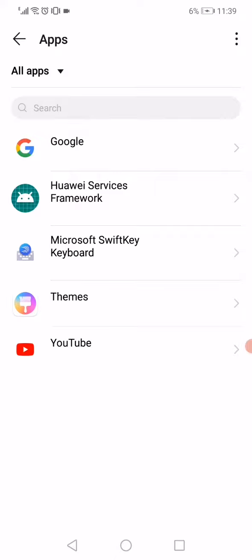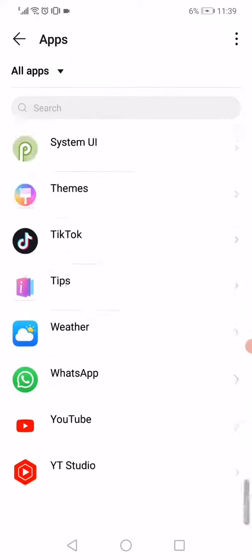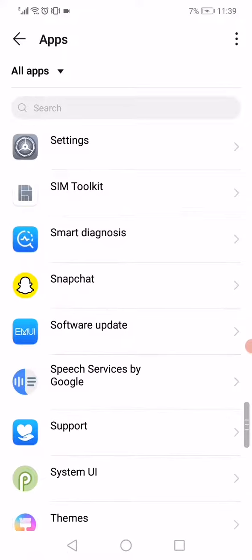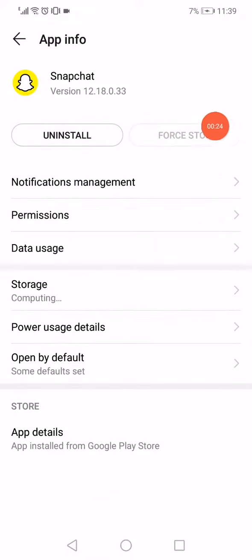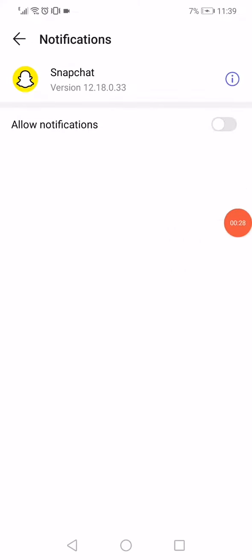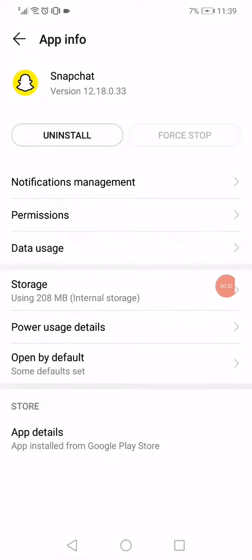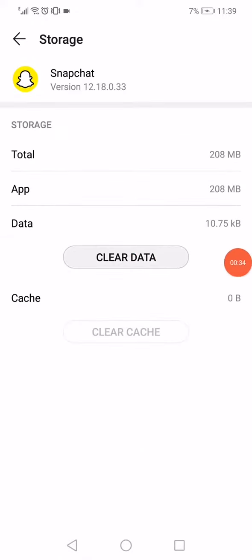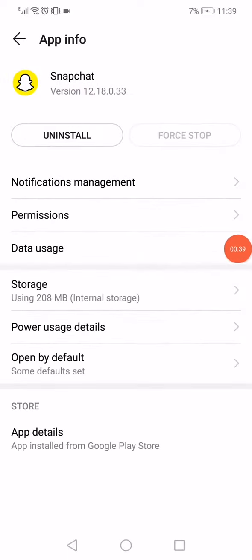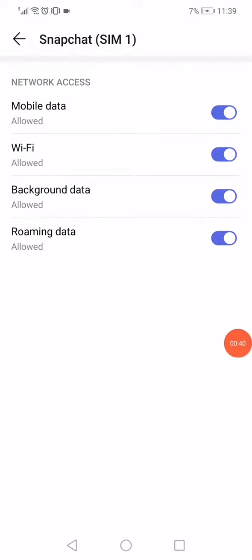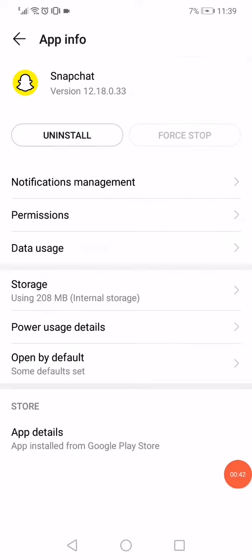phone, and after that scroll until you find Snapchat, click on it, click on force stop, and then go to notifications management, disable the notifications and enable them back, and then go to the storage, click on clear data and click on delete, go back, click on data usage, make sure that all these options are enabled, go back, click